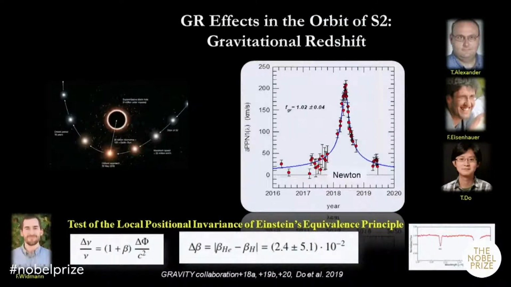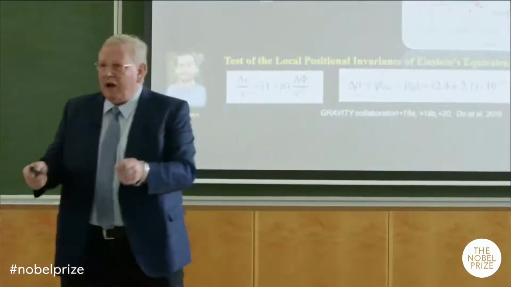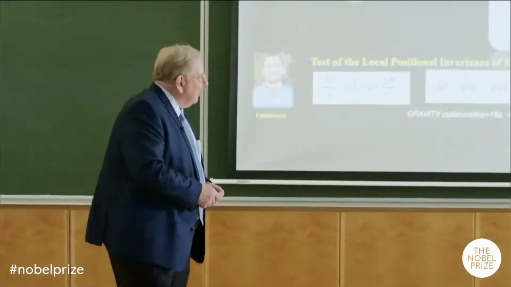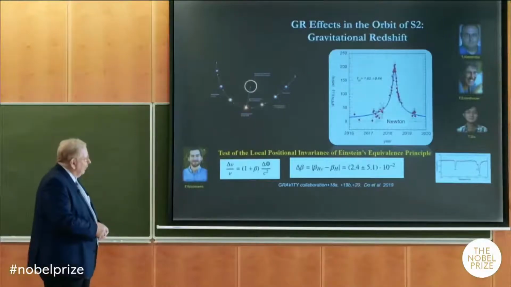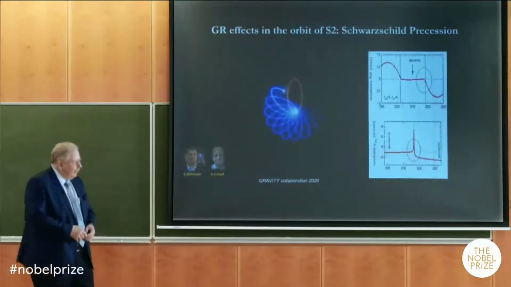positional invariance. And that we can do because in the spectra of the stars we have different atoms. Here's helium, and here's hydrogen, and here's helium. So we have different atomic clocks. And according to Einstein's theory, the results should not depend on anything but the gravitation. Shouldn't come in that there are different atomic clocks. And indeed, the results we get from the different tracers agree to within a few percent.